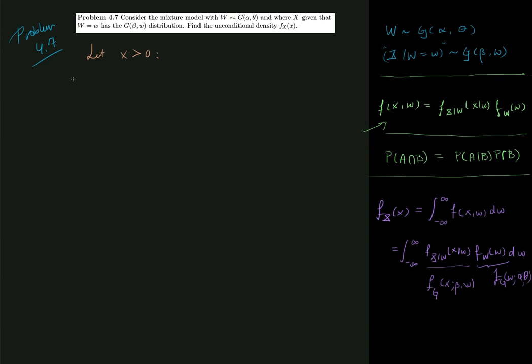Then the unconditional density fx of x is equal to the integral from minus infinity to infinity of the conditional density of x given w multiplied by the density of w. And as stated before, the conditional density of x given w is the gamma density with parameters beta and w, and the density of w is the gamma density with parameters alpha and theta. So we can just substitute the expressions for those densities in, and since these densities live on the positive half